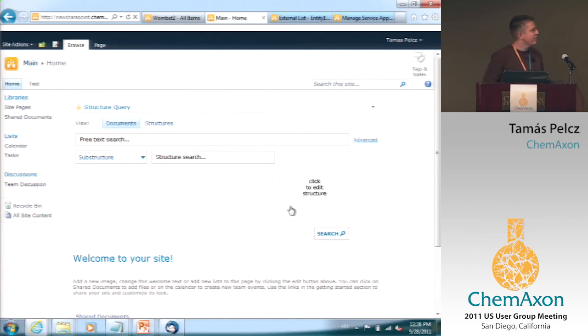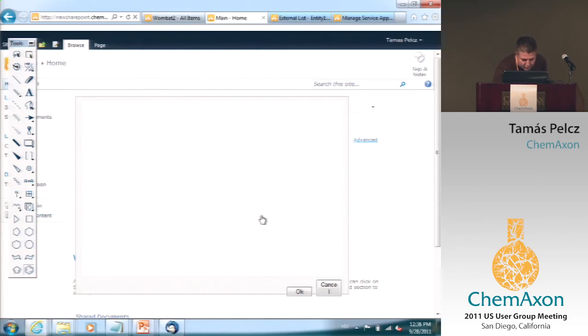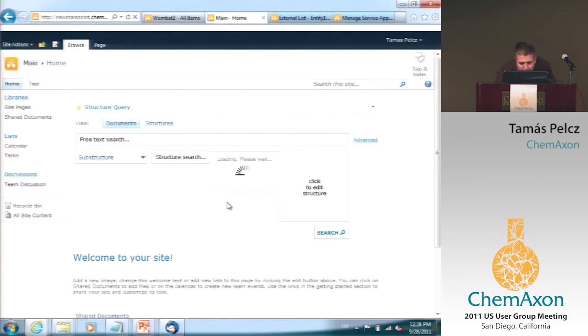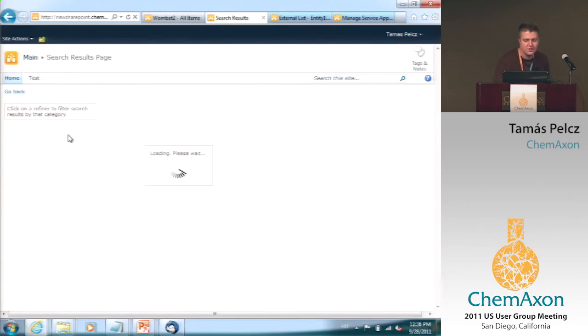So here we have an initial user interface for this search. And as you can see, we also integrated ChemDraw there. I'm not sure why this cancel has the L in the bottom. It's a layout issue. Hopefully this is the most problematic issue we will have. And I'm just going to run a simple search now for structures